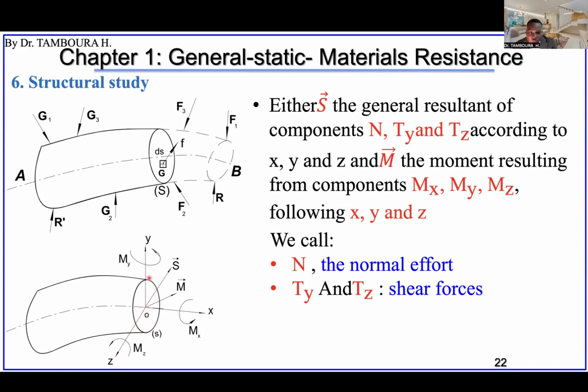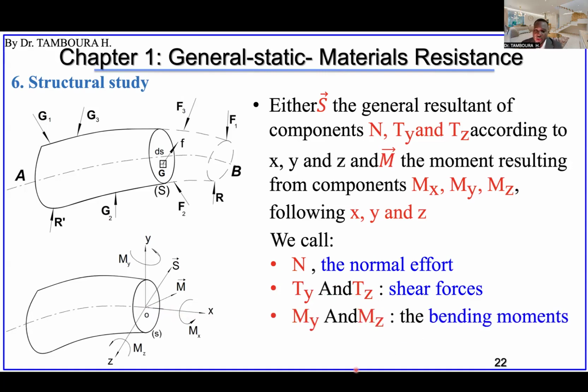You can see here x, y, and z are tangent to our section. However, this x is normal to our section considered here. It doesn't mean that every time the x is the one that is normal to our section. Just check which axis is normal to the section, or which force is normal to the section. That will be the normal force. And the other forces will be considered as shear forces. Okay,